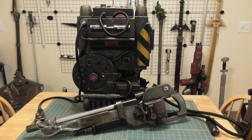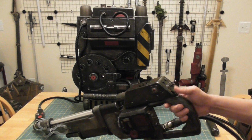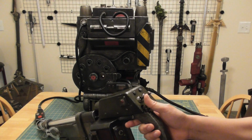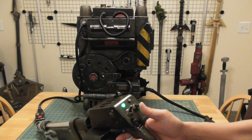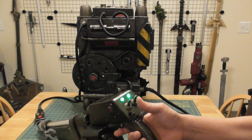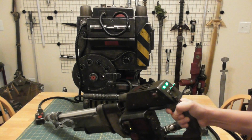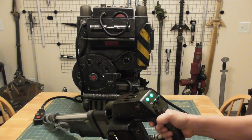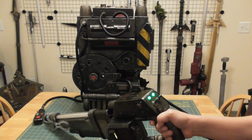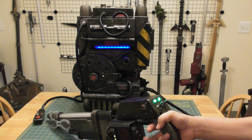But anyway, there's actually a lot going on here. There's a Crystal Focus version 9 that's running pretty much the same stuff as the other Proton pack that I made. There's also a 12-volt battery that's running the plasma tube. This is a plasma tube for like automotive lighting and stuff. Plus there's a 12-volt solenoid and the ghost trap. By the way, there's an integrated ghost trap. And then there's a separate